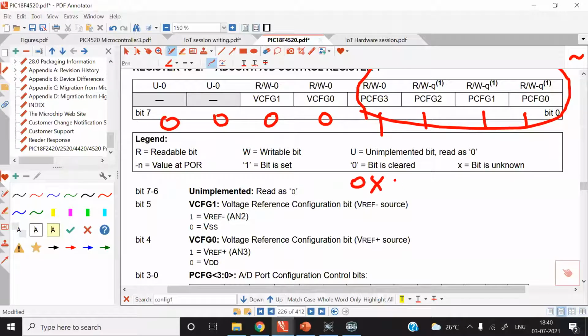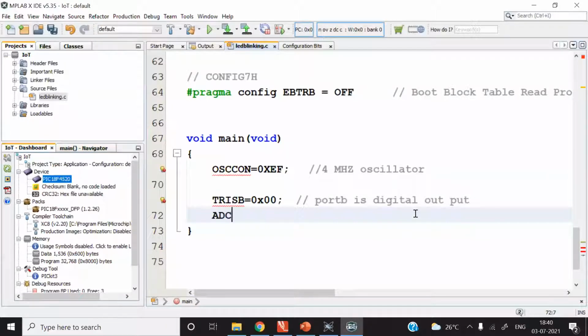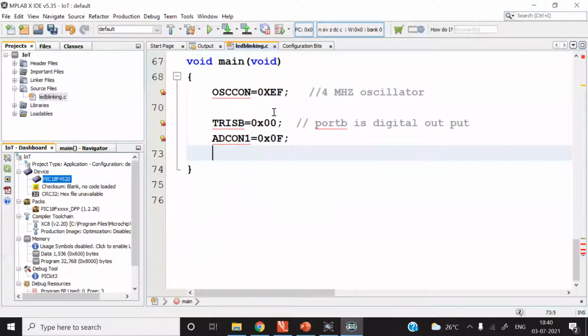So what is the code word? 0x0F. The ADCON1 register must be loaded with 0x0F. ADCON1 is equal to 0x0F; semicolon. The oscillator is selected with a frequency of 4 megahertz. We have made port B an output port, and through the ADCON1 register we ensure that all port pins of port B are digital input output. None of the pins is analog.